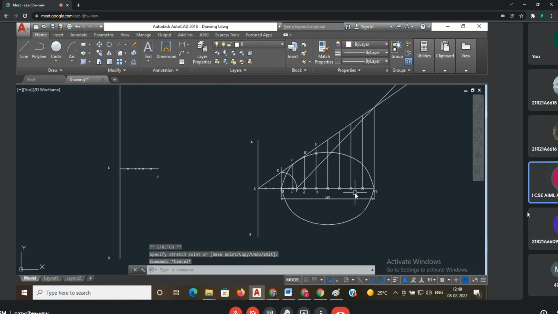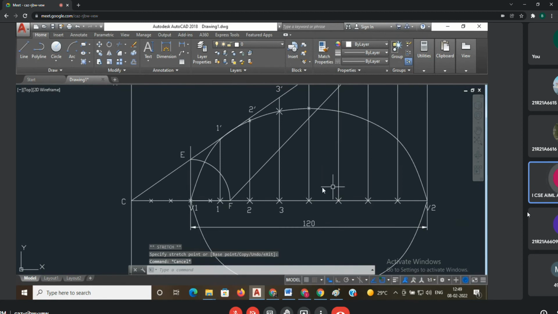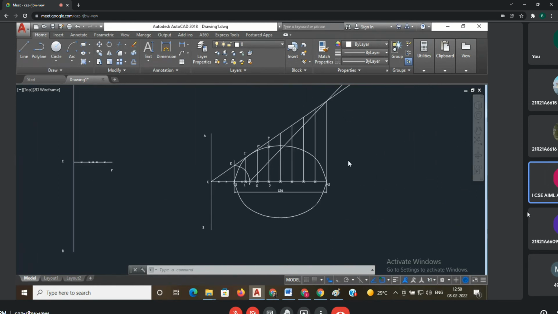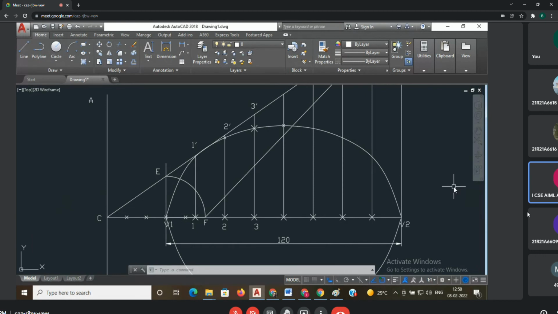This is your ellipse. That's why you just have to draw up to 4 lines. Why? Because for a total of 8 divisions we have 4 lines. Suppose if you take 10 divisions, up to 5 lines. Then you can use this arc and go for the mirror. Again, you can use this half of the ellipse and complete the total ellipse. Now you have to show 3 dimensions.